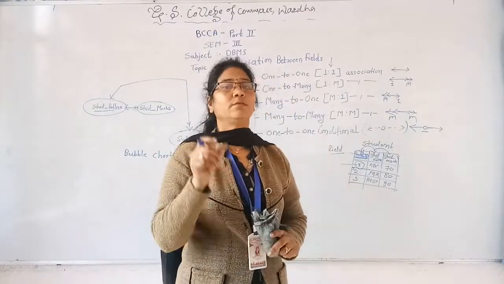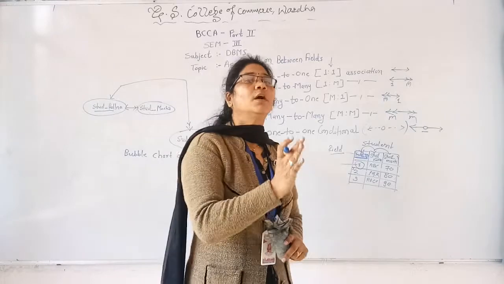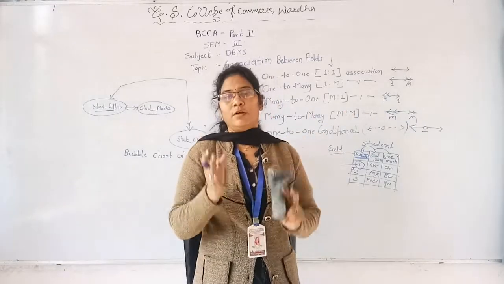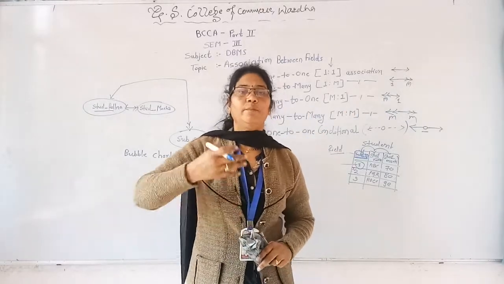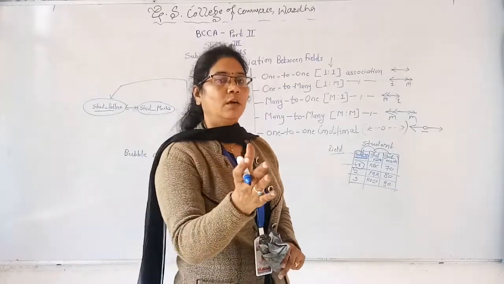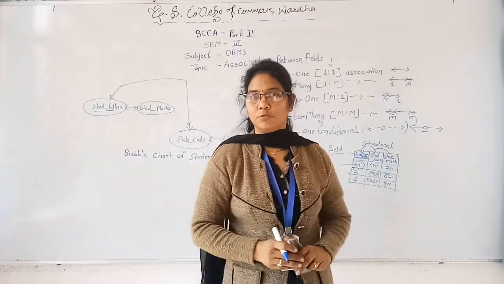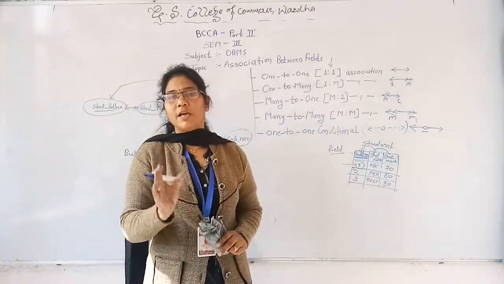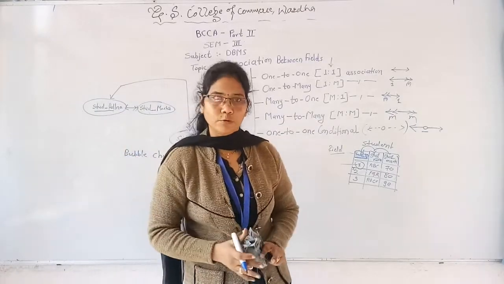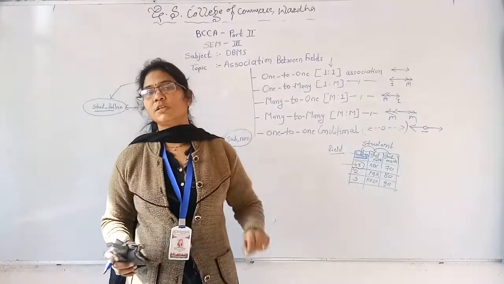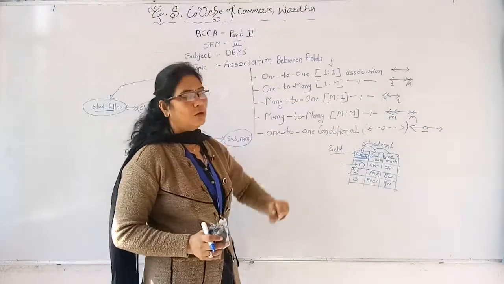Alternatively we can say the one student having the interest in number of sports, like one student can very well play the cricket as well as he or she is good in chess also. So basically one student having the interest in number of sports, that type of association again is considered as 1:many.